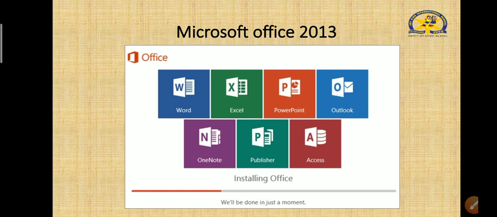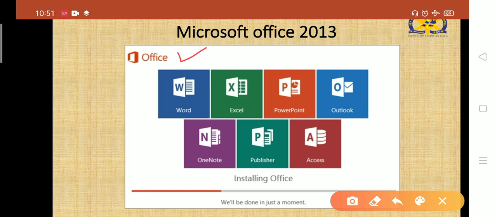Word is a type of word processing application software. Okay, you can see different things over here. First we have Word, in which we will deal with editing of text, writing letters, typing letters and all. Then Excel, then PowerPoint. You know PowerPoint, PPT, in which we make PPTs, Outlook for storing our mails, and OneNote, Publisher, and Access.